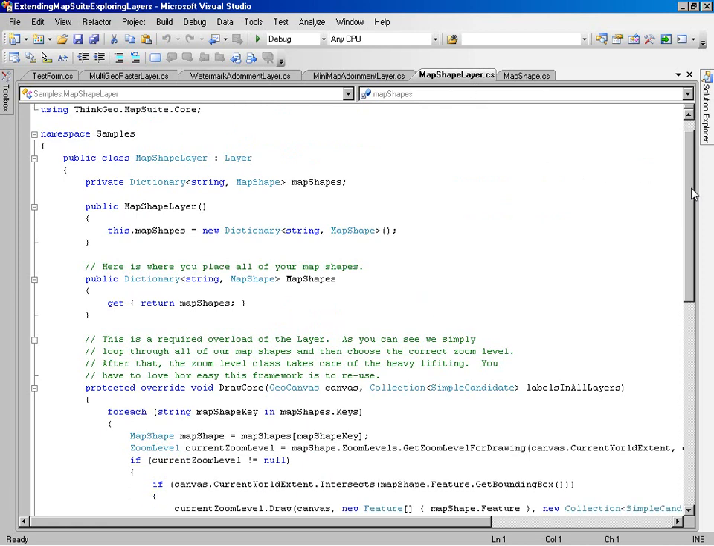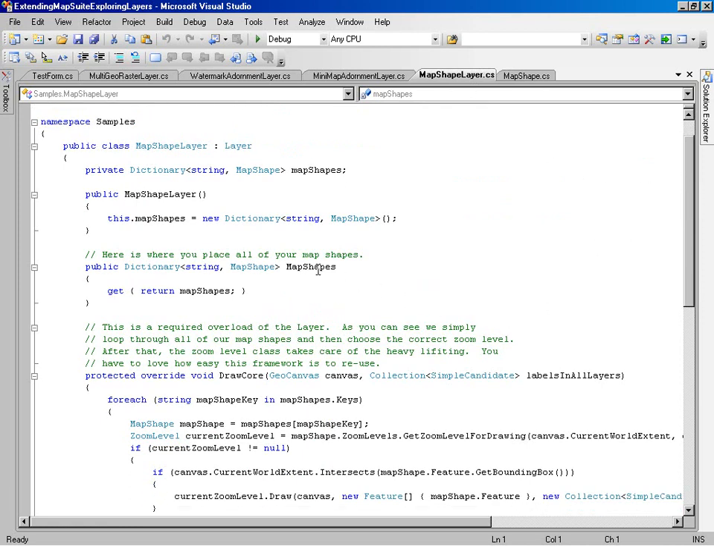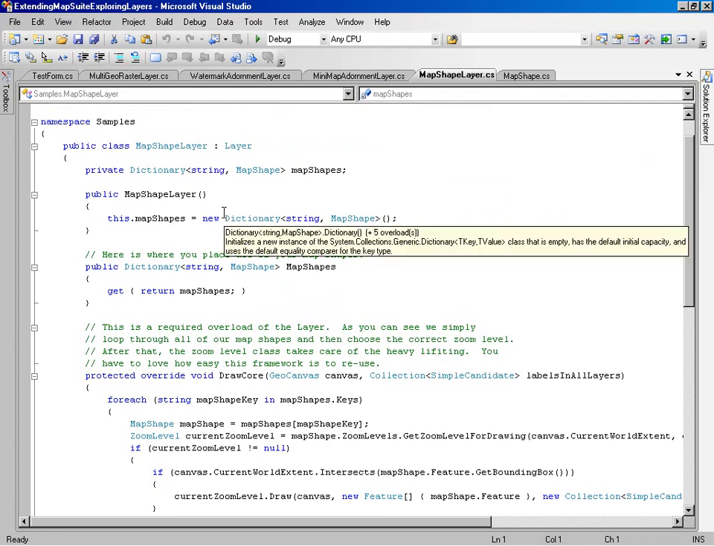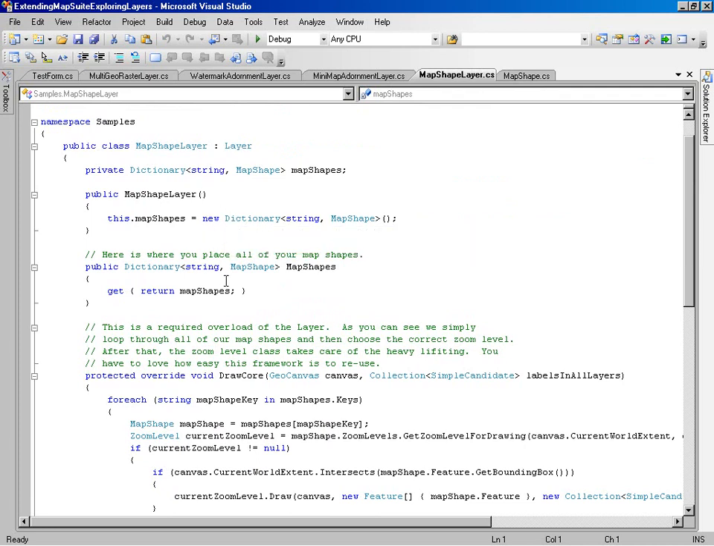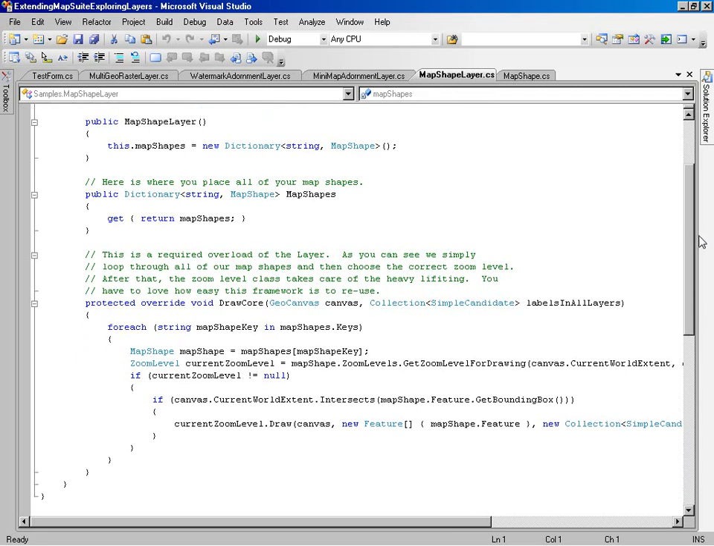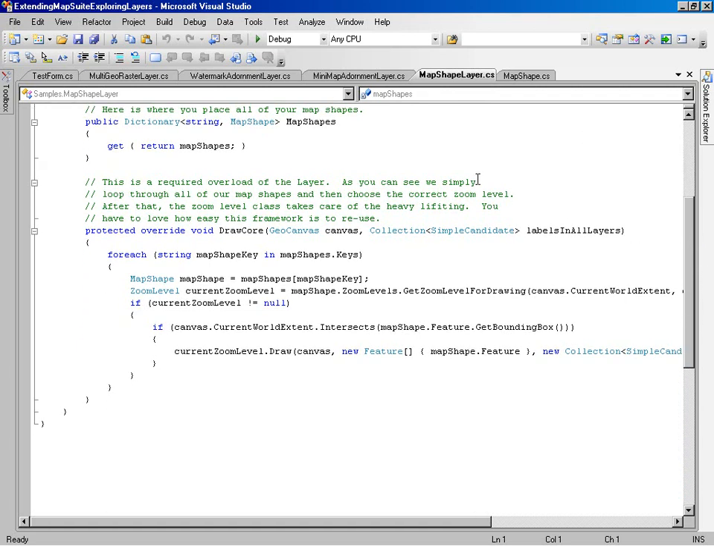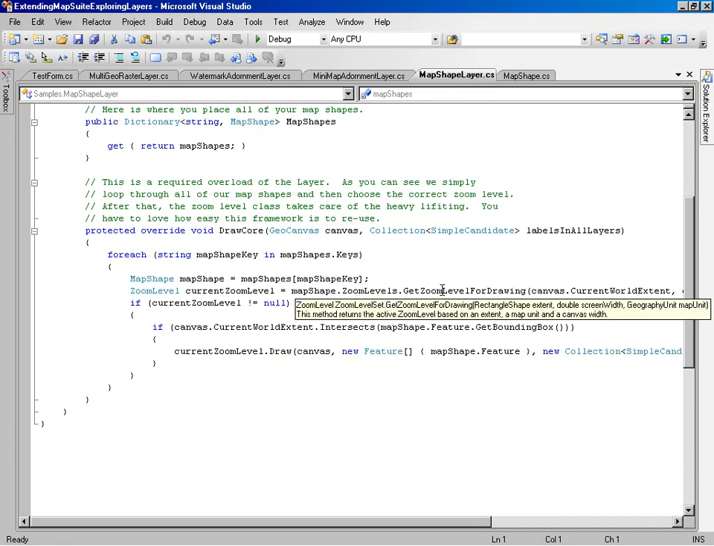So here's the map shape layer. It has a default constructor. Actually, it's the only constructor, and it also has a collection of map shapes. And in the DrawCore, this is really simple, because what we're going to do is loop through all of these map shapes, and for each map shape we're going to call the zoom levels.getZoomLevel for drawing, because